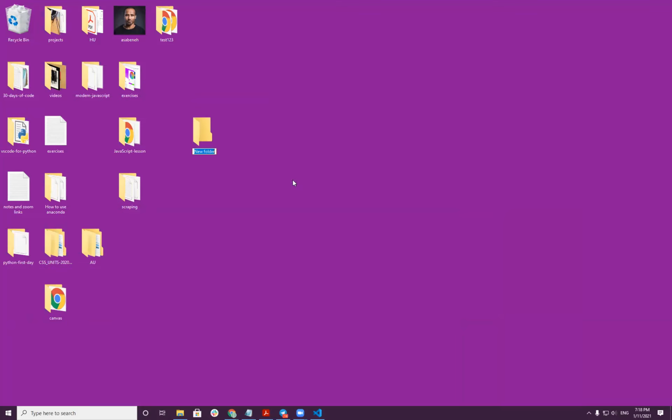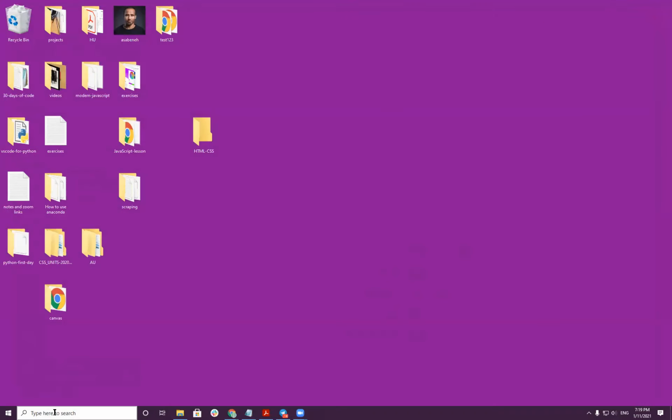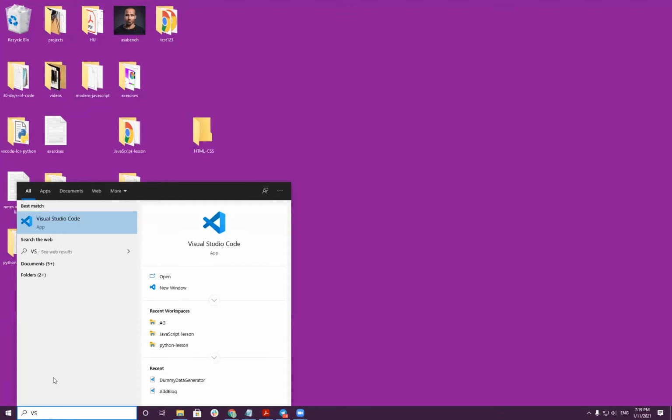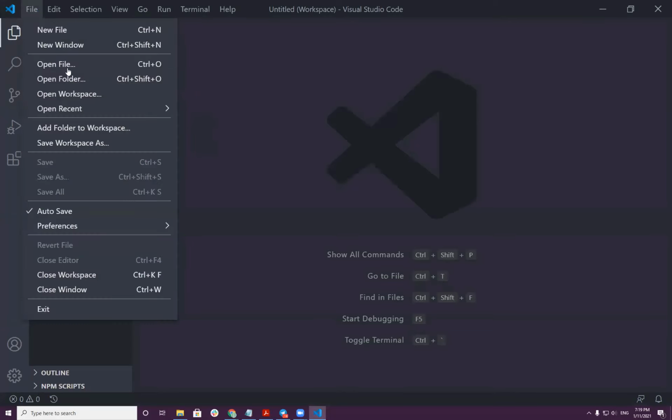I can create a folder and I call it HTML CSS. I just called it this, a folder on the desktop. Then you just open this. Maybe if you don't know how to open, I can also close it. And you just write VS Code again. Then add folder. Have you seen? You can go here or you can come to